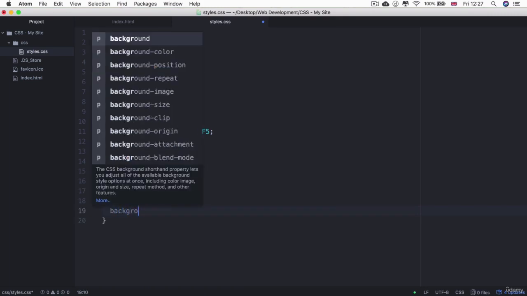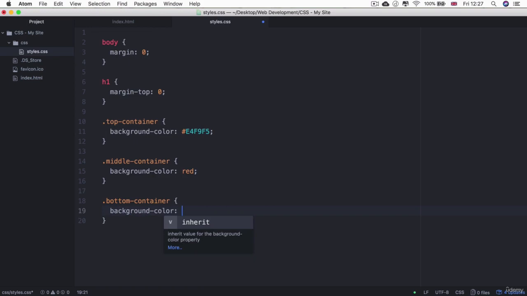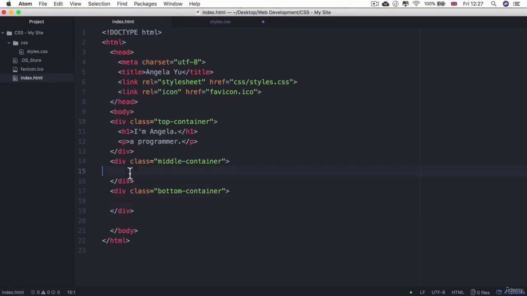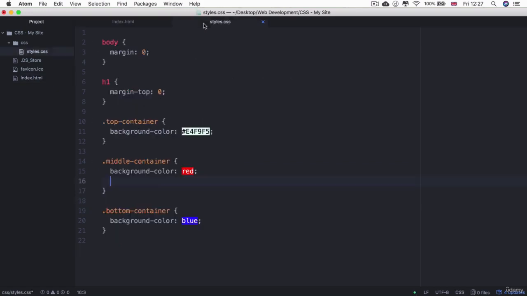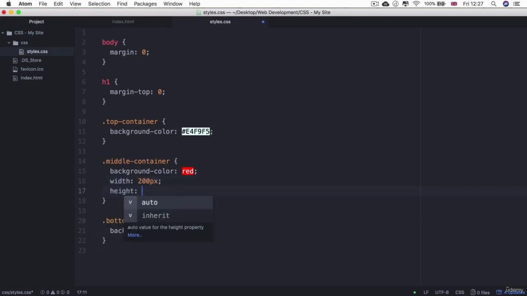And this one's background color will be blue, shall we? Hit save, and as we said, these two containers, because they don't have any content, won't have any dimensions unless we give it to them. So let's say that the middle container should have a width of 200 pixels and a height of 200 pixels as well. So now it's a box,